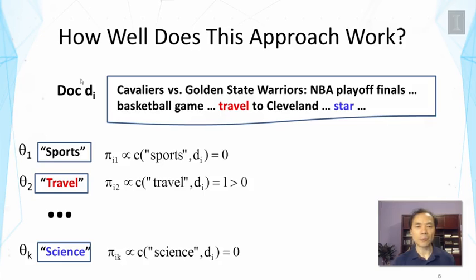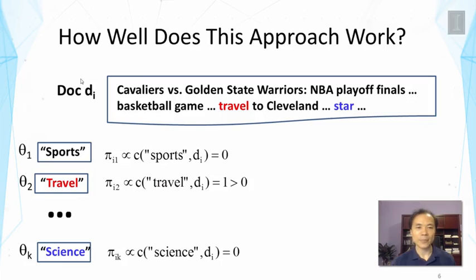So the count of sports is 0. That means the coverage of sports will be estimated as 0. Now, of course, the term science also did not occur in the document, and its estimate is also 0. And that's okay, but sports certainly is not okay because we know the content is about sports,